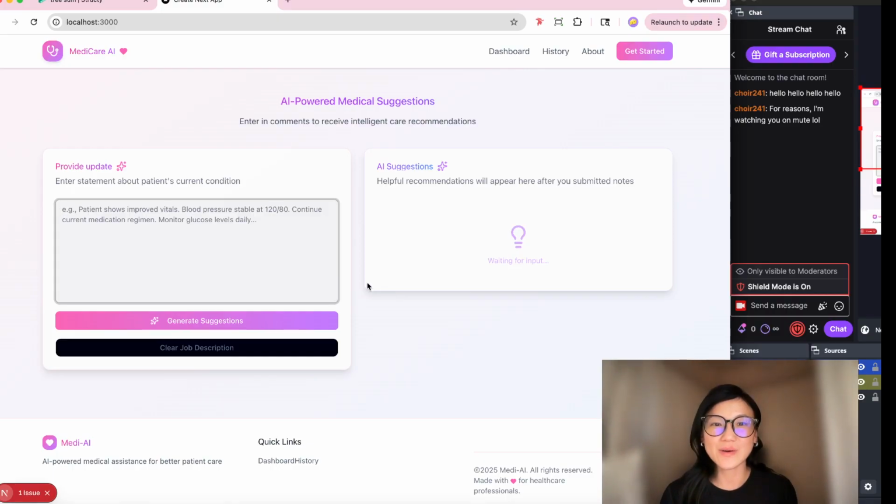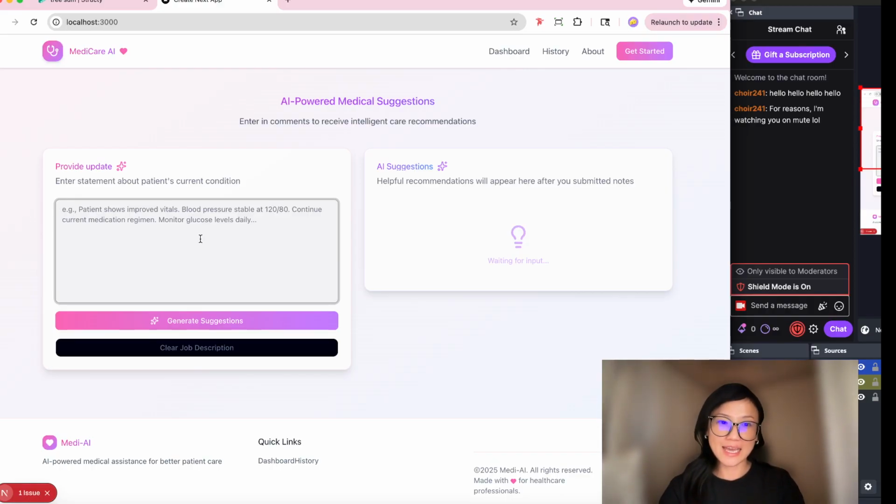So what I have right now is this available, and what this is going to do right here in this text area is that you need to provide the condition update about the patient that's currently in the hospital. Or even if you go get a checkup and you wanted to know more information about what the doctor has stated, because you only have a finite amount of time that you can sit with your doctor or physicians and get your status update. So in order for you to know more information about that or be able to do something with that, you'll go in here and tell